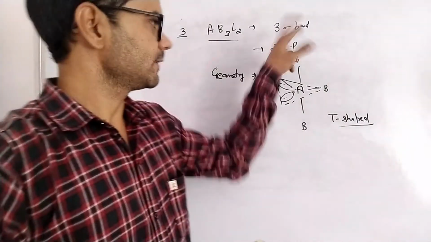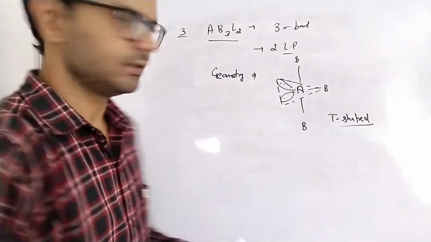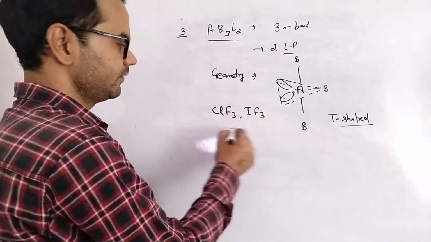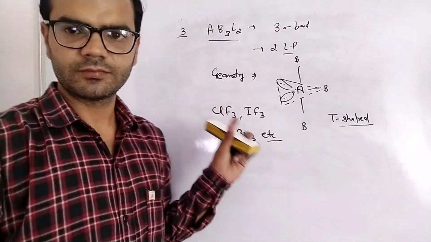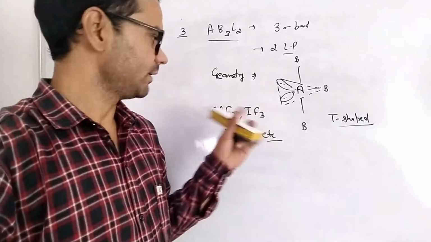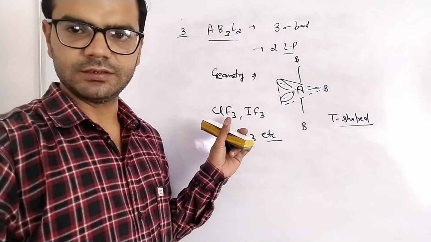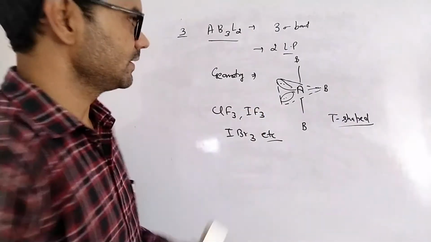Examples: 3 sigma, 2 lone pairs, total 7 valence electrons, group number 17. So ClF3, IF3, IBr3. It is important. See, many times the question has been asked, what is the geometry of ClF3? Even in 12th standard also. Next case is